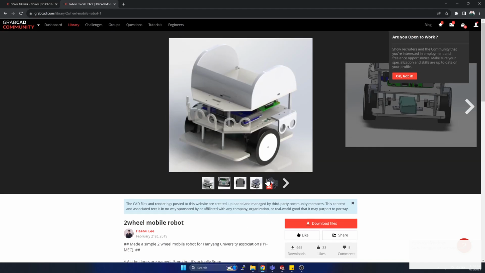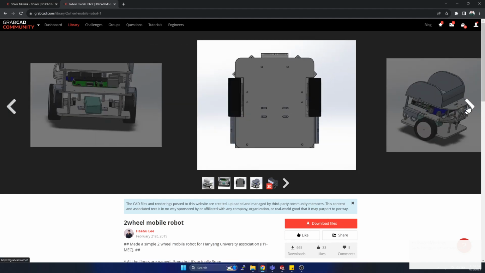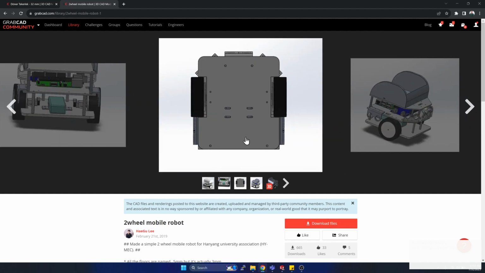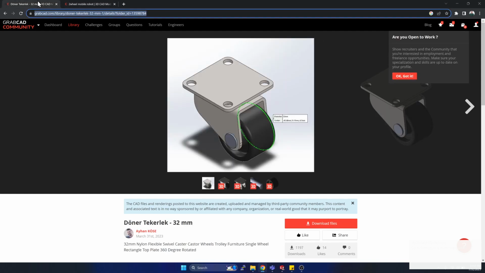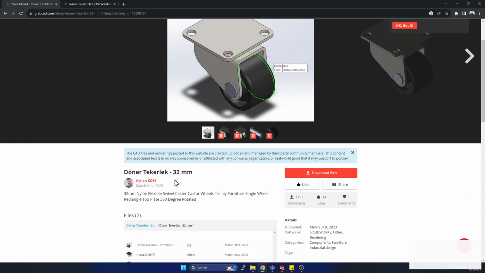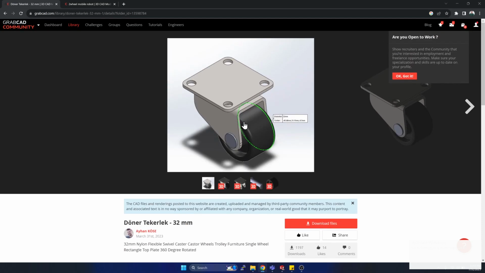I noticed that this is a differential drive mobile base, so we will have a problem due to weight distribution, because there is no caster wheel attached to it. So I also downloaded a free caster wheel from GrabCAD, from this person, Ehan Kosi. I'm pretty sure I'm pronouncing it wrong. Once you have downloaded both of these models,